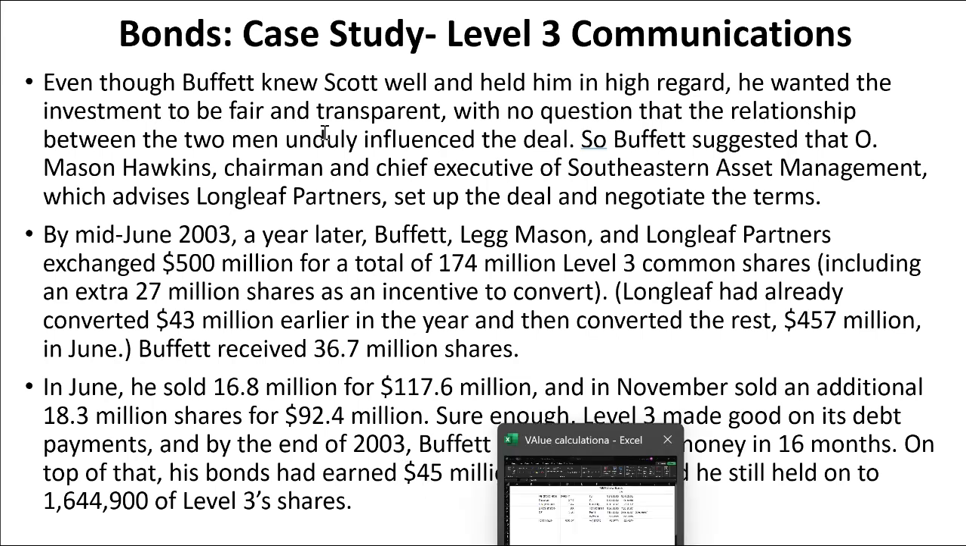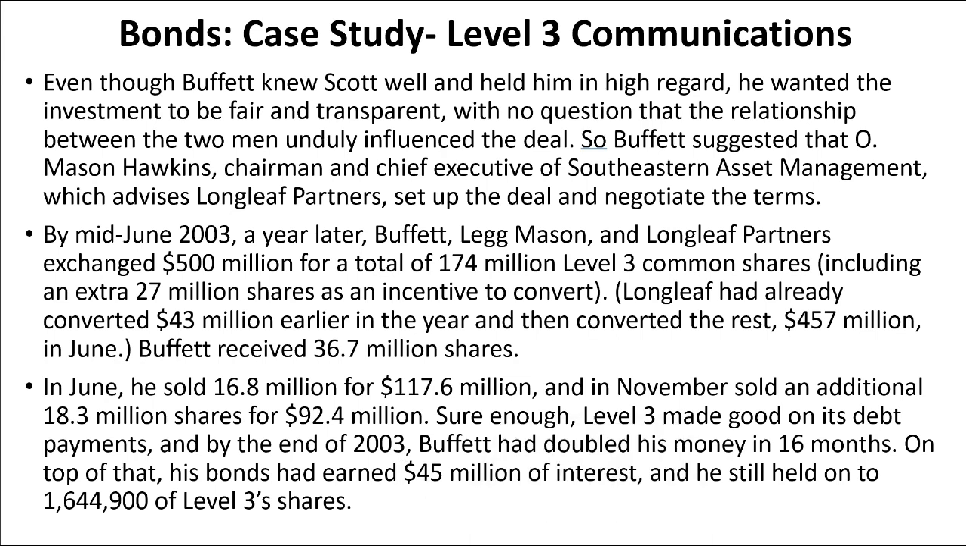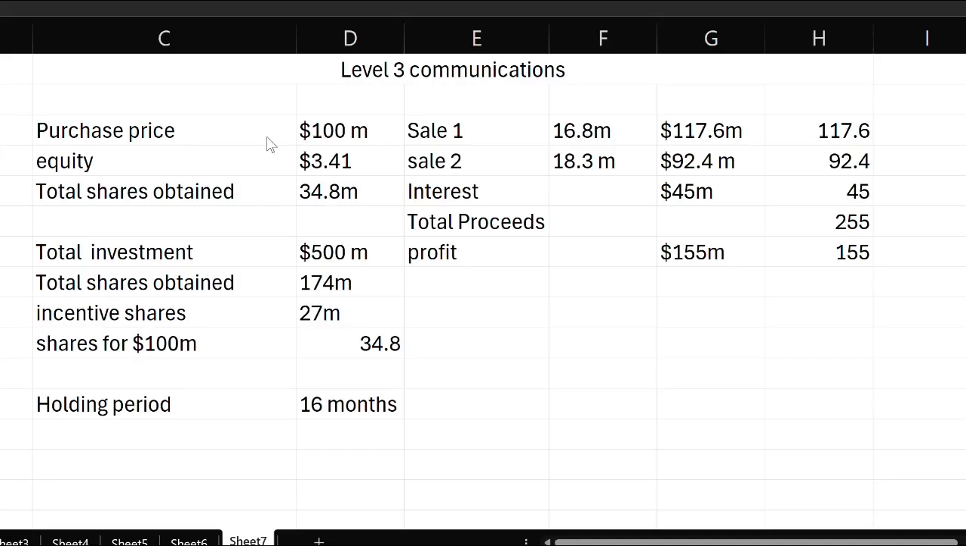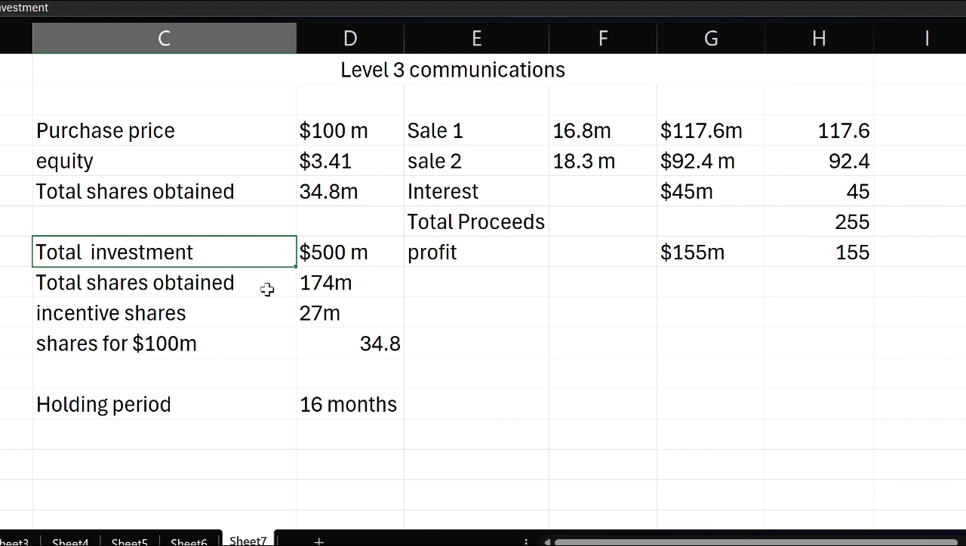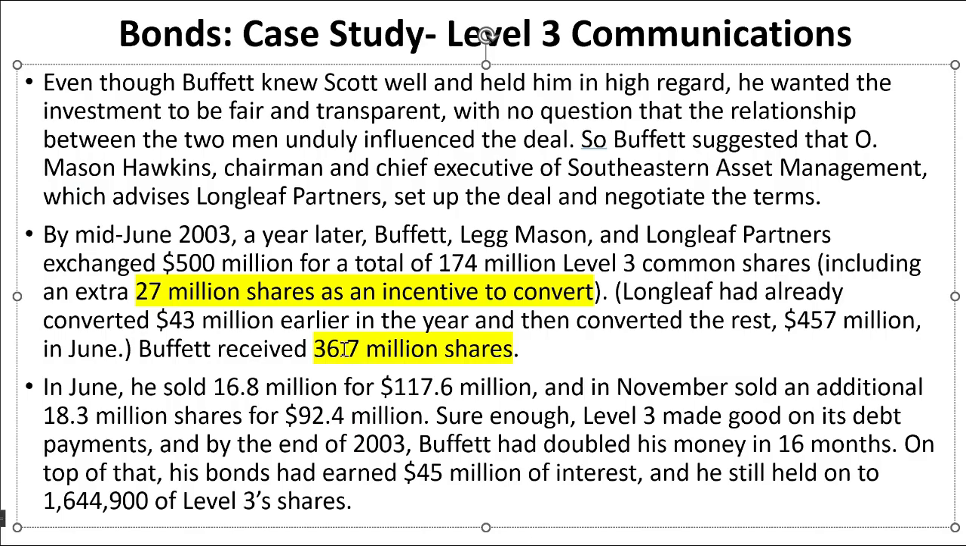So I'm going to the Excel sheet to make the calculation. I made a little bit of calculation related to the Level 3 Communications bond purchases. There was basically a kind of consortium in which Berkshire Hathaway invested only 100 million, whereas others invested one company. I'll just show you. See, in this,